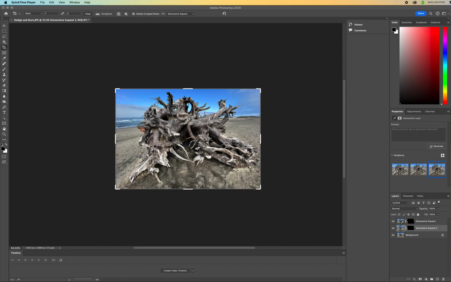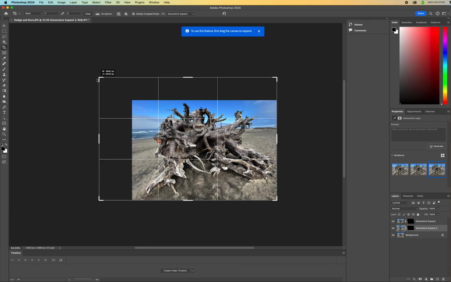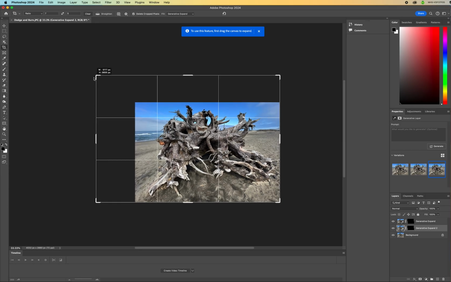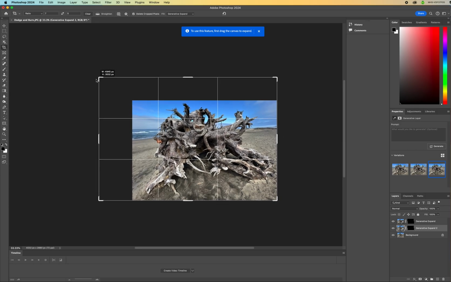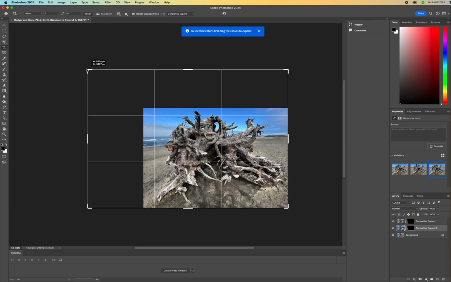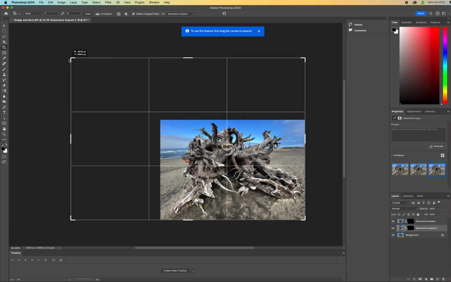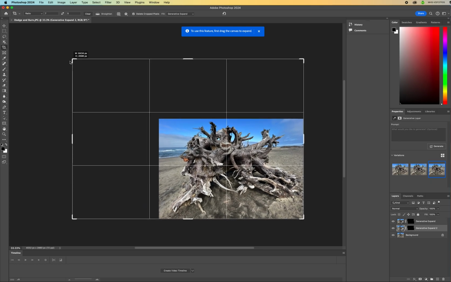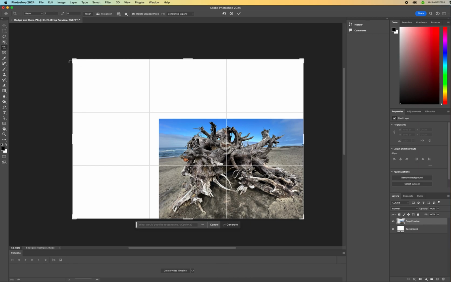What I've done is I've zoomed out of this photo, and I'm going to use a feature that I just discovered today, and I knew it was there, I just hadn't used it yet. It's called Generative Expand. And what it's going to ask you to do is drag the canvas out to be as big as you want this to be. And it's using the grid line for rule of thirds, so I'm going to expand this photo out to really take advantage of that hotspot and create a little bit more space